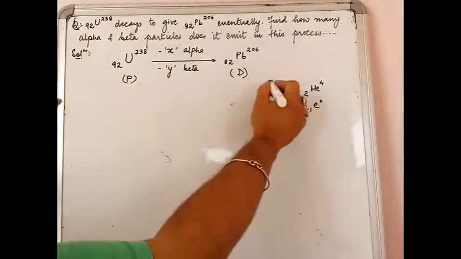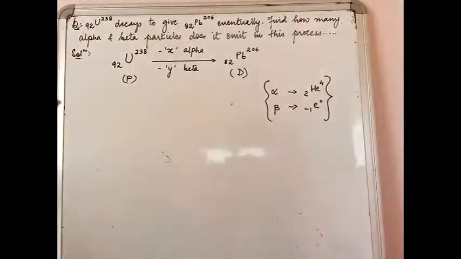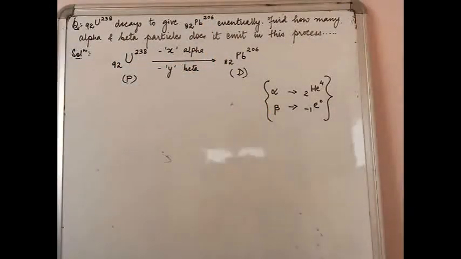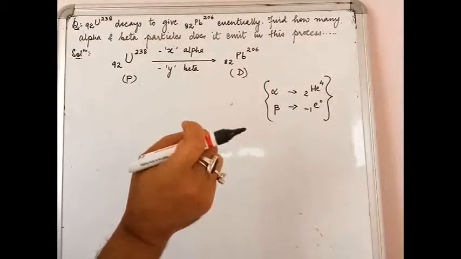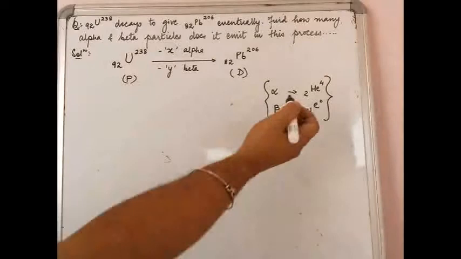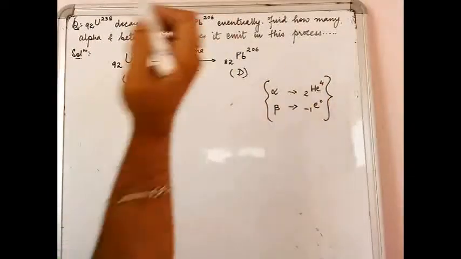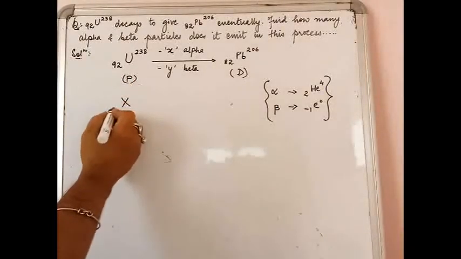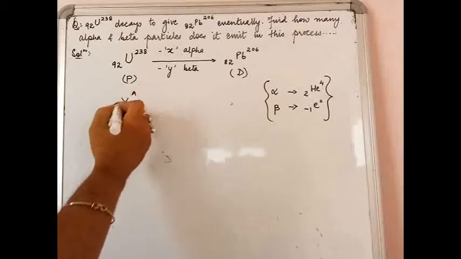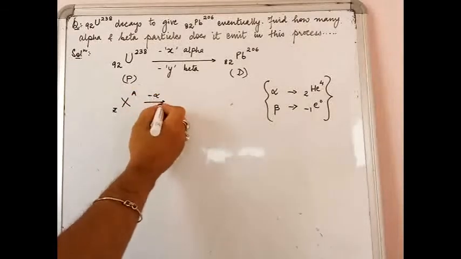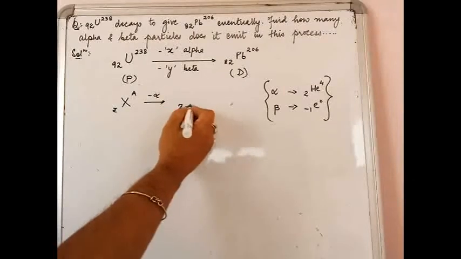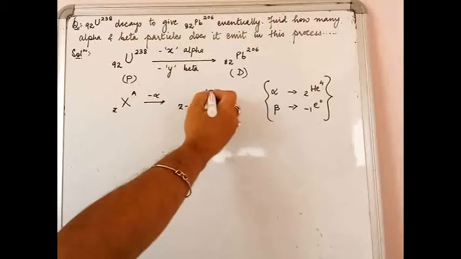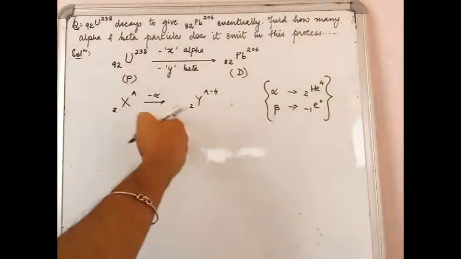Okay, let us remember this. Whenever one alpha particle comes out of a nucleus, by what number does the atomic number reduce? The atomic number reduces by 2, the mass number reduces by 4. We have already studied this. Remember, if there was a nucleus X having Z as the atomic number and A as the mass number, after an emission of an alpha particle, the atomic number reduced by 2 and the mass number reduced by 4. So we have to remember this.